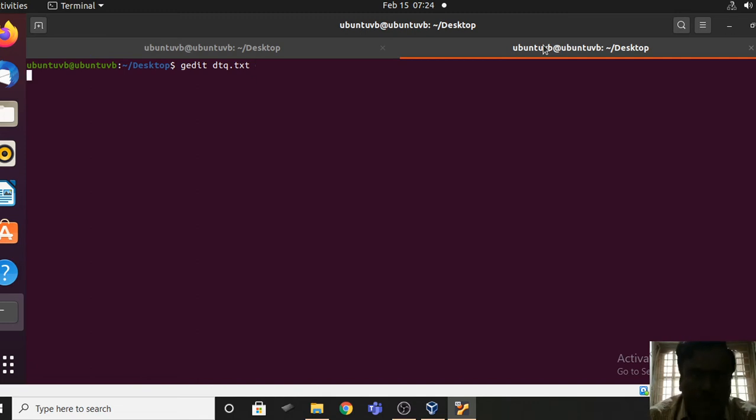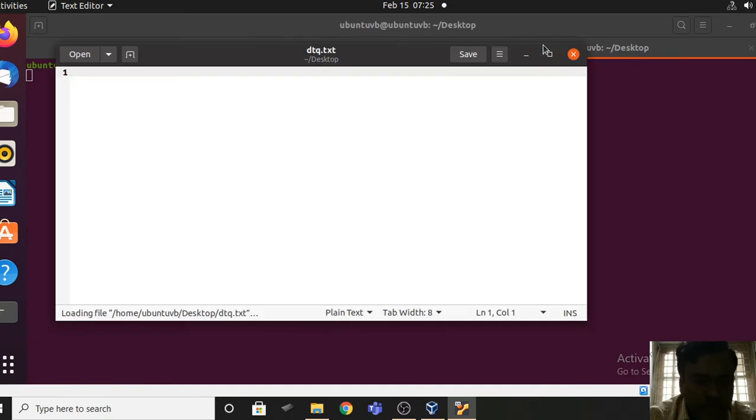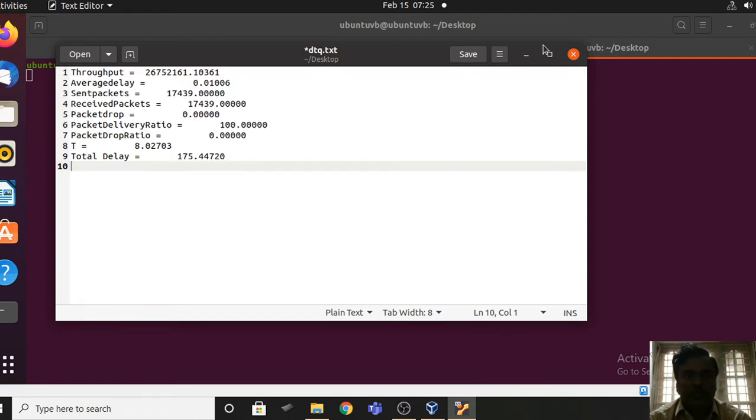It is up to you, any name you can use. In that file I am pasting these values, Ctrl V. So these are the values. How can I note them down? You can arrange these values in the form of a table.